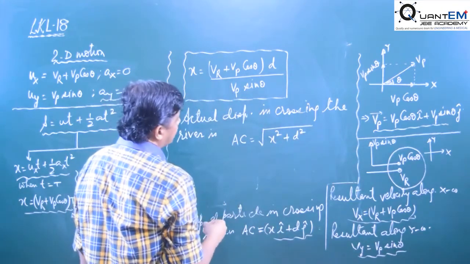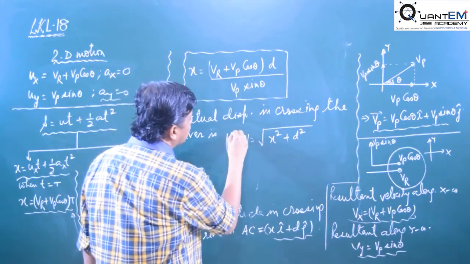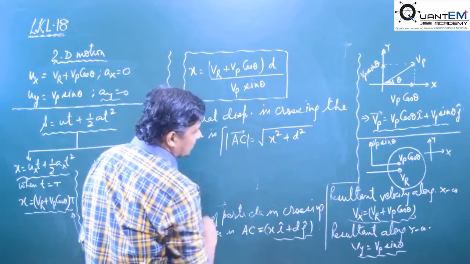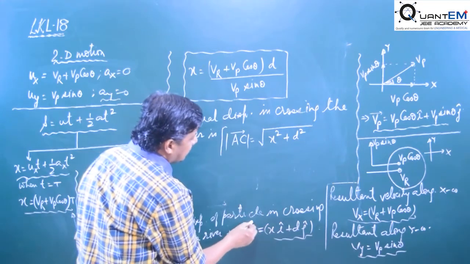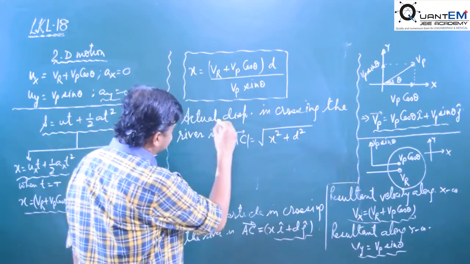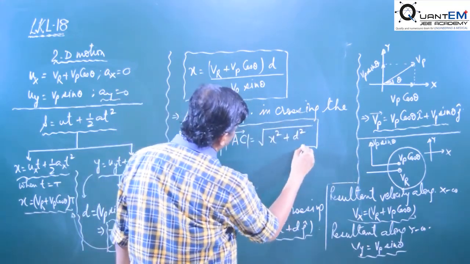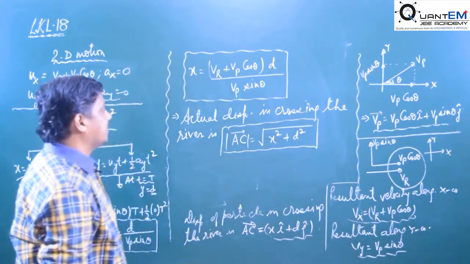That is the magnitude of the actual displacement. Okay, the actual displacement was xi cap plus dj cap, and the magnitude will be under root x square plus d square. It is the actual displacement of the particle in crossing the river. Okay,